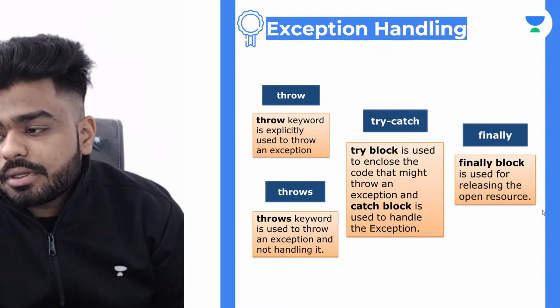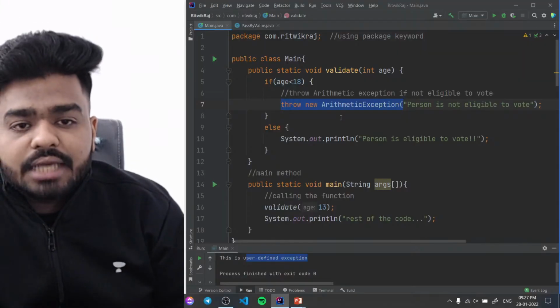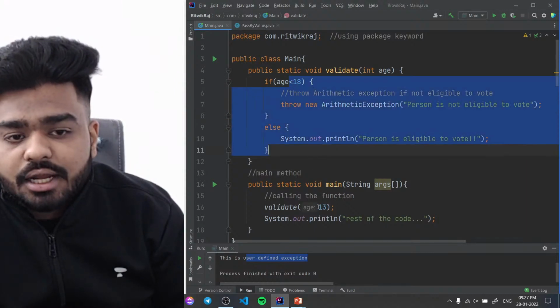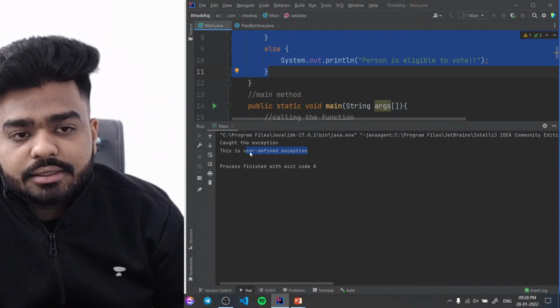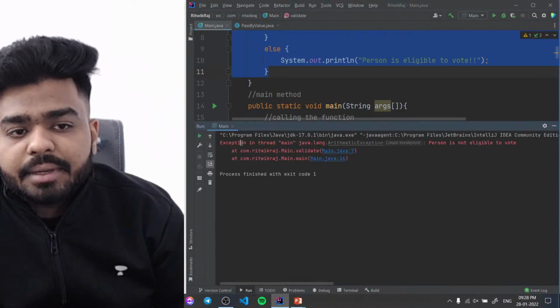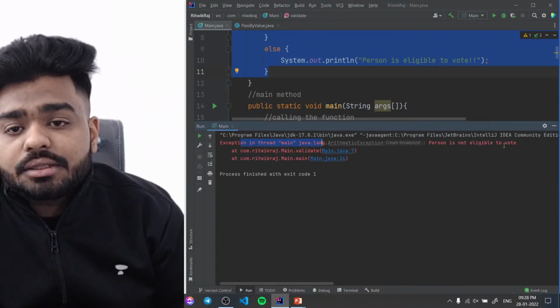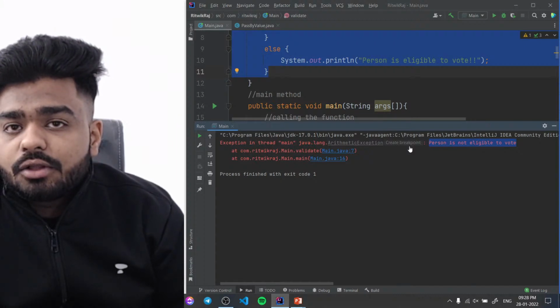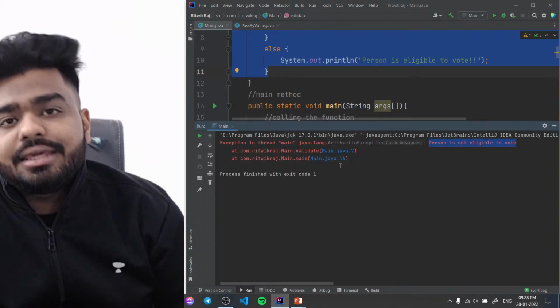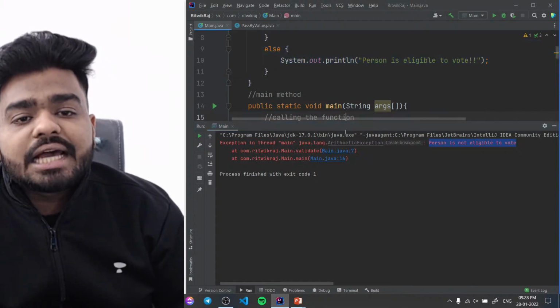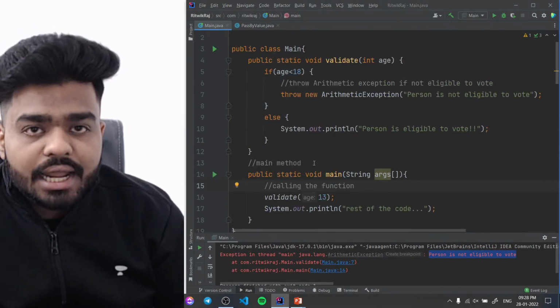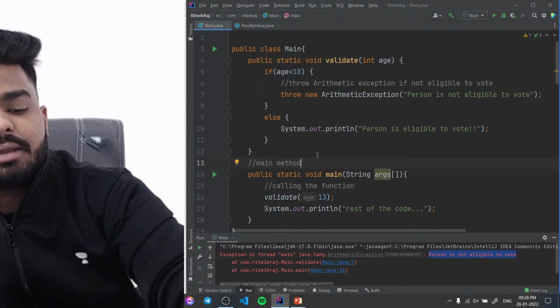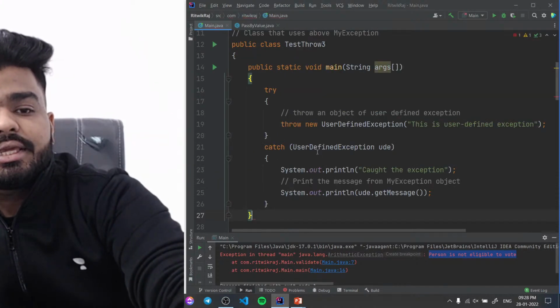In all my examples I have handled it. यहाँ पे मैंने catch block नहीं use किया था तो basically क्या हो रहा था, मेरे को एक error आ रहा था, right? मेरे को यहाँ पे एक error आ रहा था. You can see that यहाँ पे एक error आ रहा है, right? But this is getting printed. So basically यहाँ पे मैं क्या कर रहा हूँ, handle नहीं किया हूँ, इसीलिए error आ रहा है. But अगर मैं catch block लिखूंगा and if I write the try block, put it inside that, it will handle it. Same thing I did in my previous code, जो मैंने ये लिखा था,